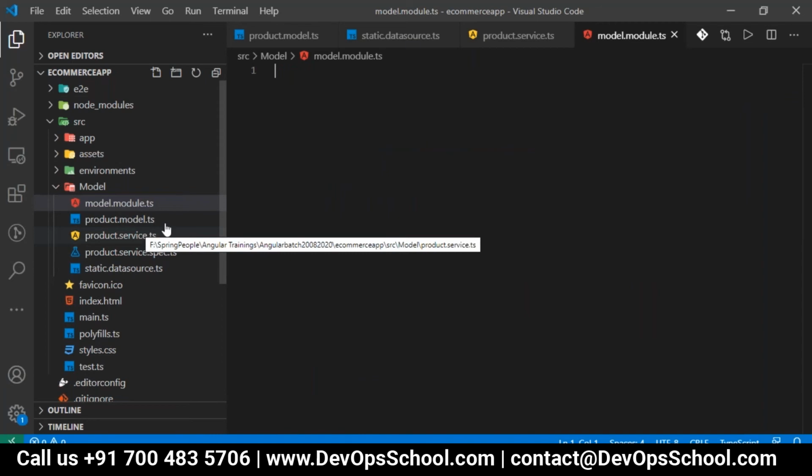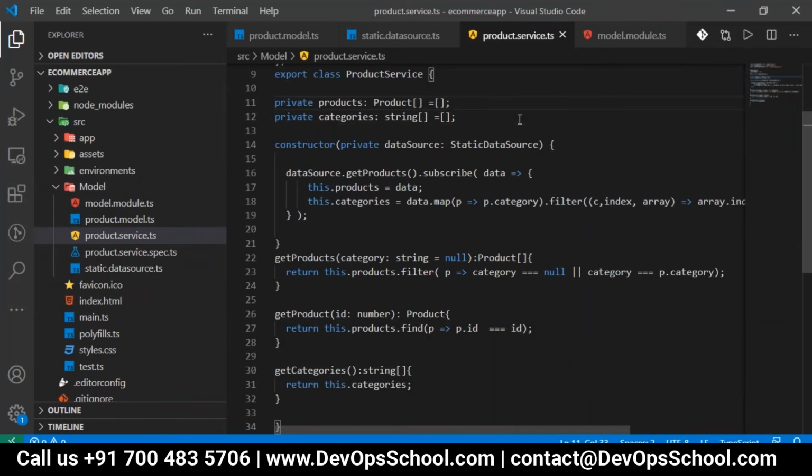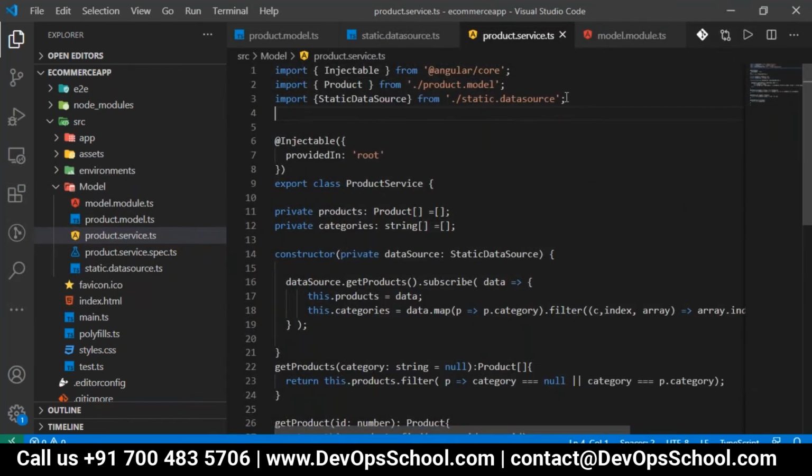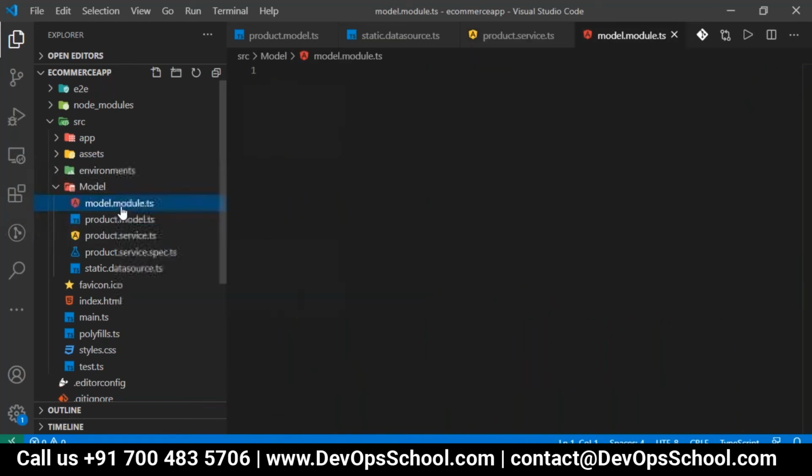I want to import all these classes here. Let me go to the service ts. So the model module should be a class which contains an NgModule decorator.